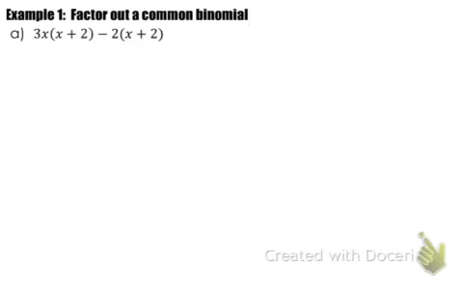So in example 1, we have a polynomial: 3x times a binomial of x plus 2, and we're subtracting this product by another product of 2 and x plus 2. So when we factor out a common binomial, you look at the problem as a whole, and we have our two groups of 3x times x plus 2 minus 2 times x plus 2. And it looks like they both have an x plus 2 to be factored out. So when you factor it out, you're dividing both groups by an x plus 2,